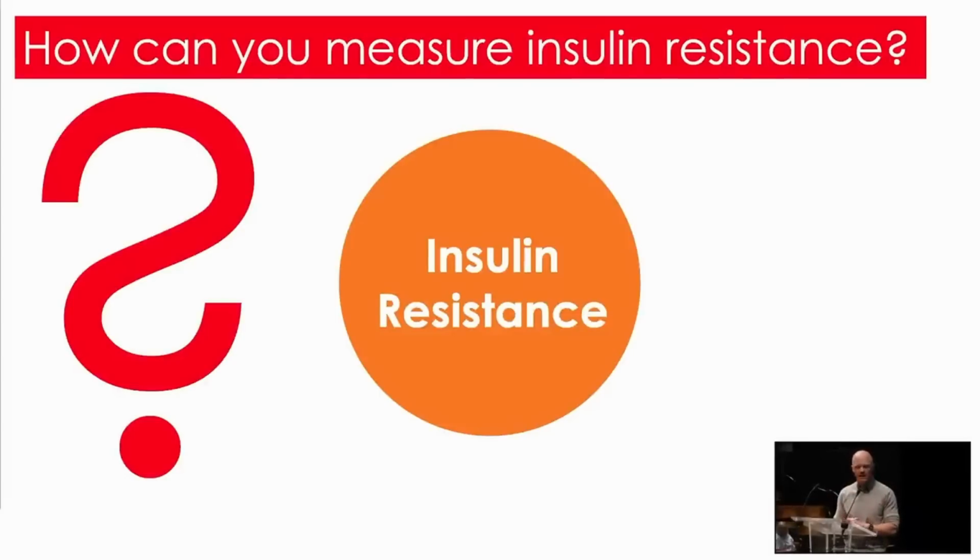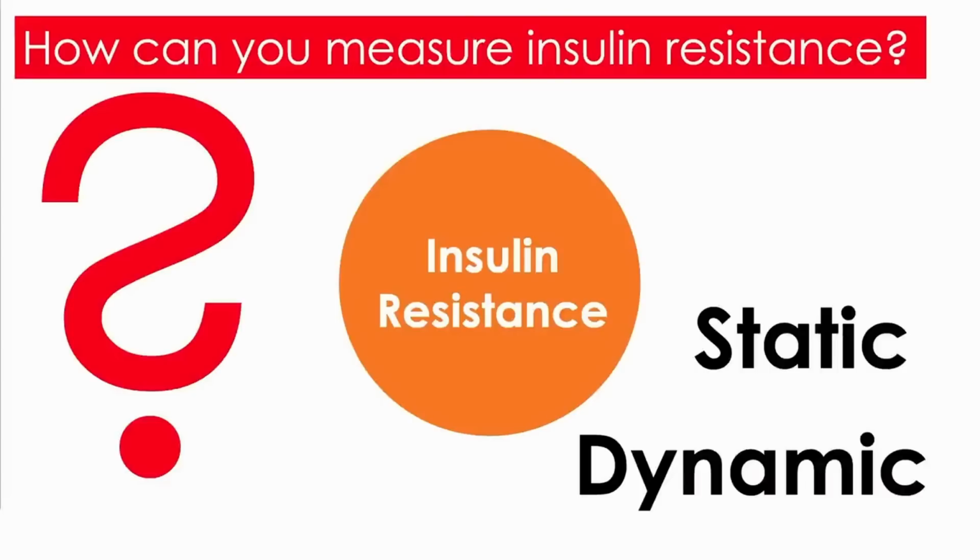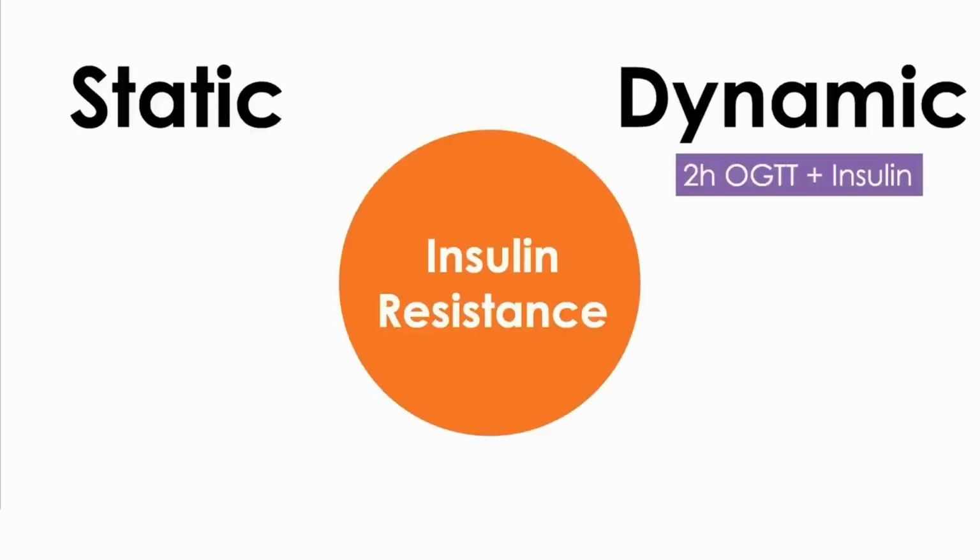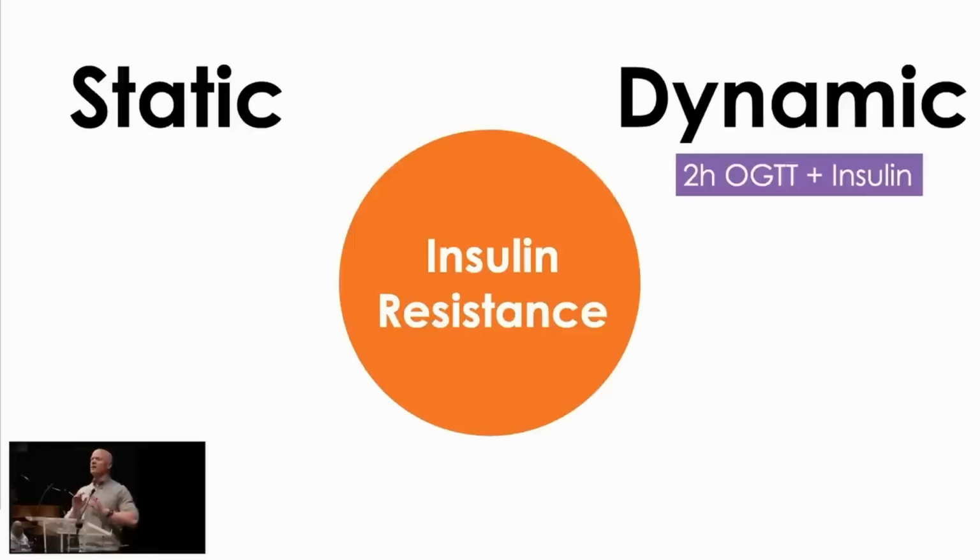All right, so how can we measure it? There are different ways to measure this, and I've lumped them into two categories. For the sake of time, I'm not going to talk about all of them, but there are dynamic measurements and then static measurements. And of course, the static measurements are easier. The dynamic measurement is a 2-hour oral glucose tolerance test with insulin being measured at the time points. I'm not going to talk about it because it's so uncommon to get it done, but the easiest way to interpret it, in hindsight now, I should have put this image in here because I have it and it's lovely, but I didn't think I'd talk about it.